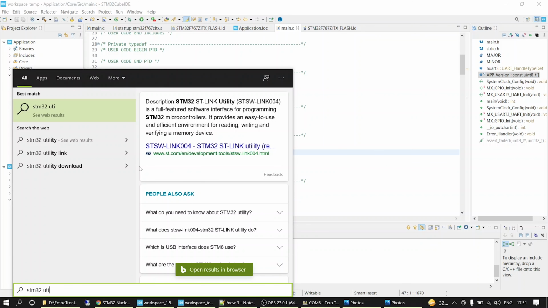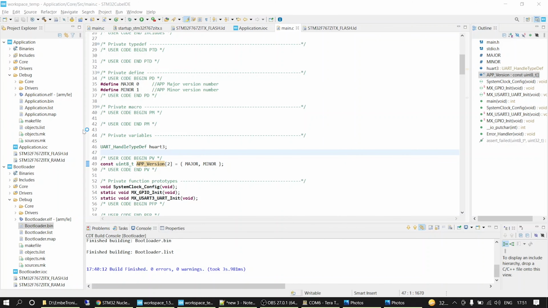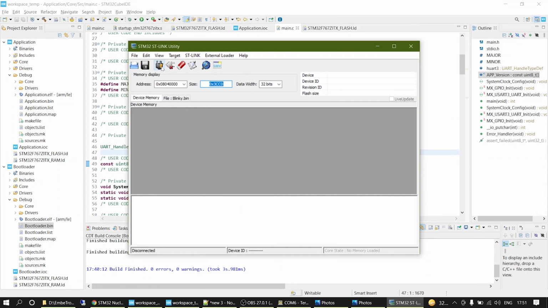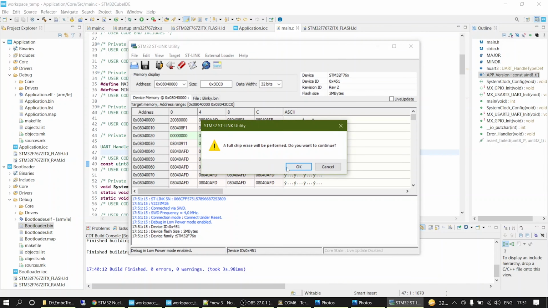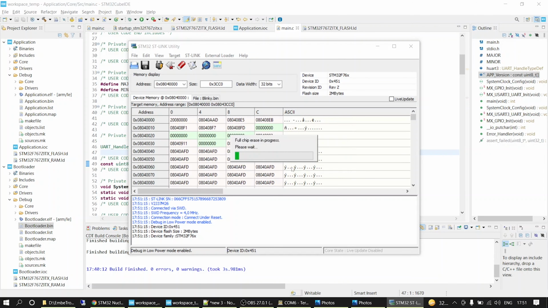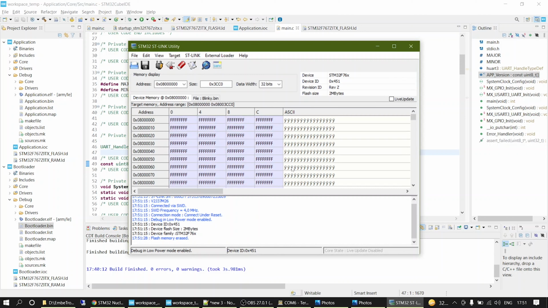Now open the STM32 ST-Link Utility software. Let's connect the board with the STM32 ST-Link Utility software. Erase the complete chip. See the flash section 0x08000000.